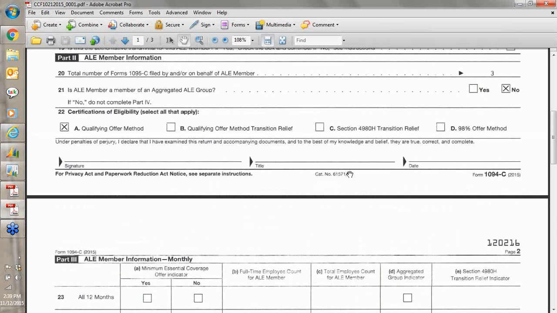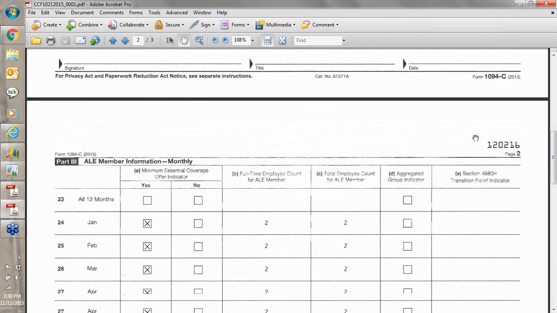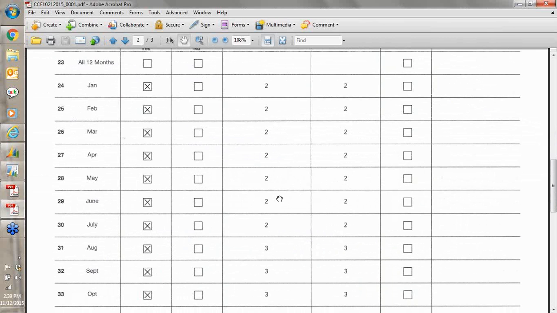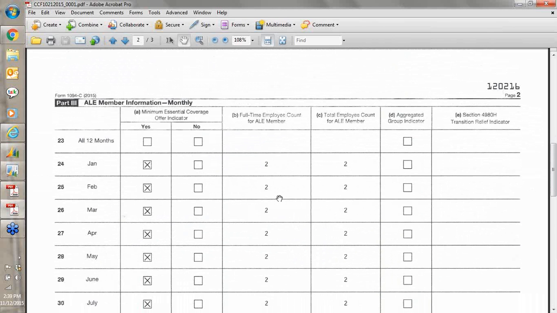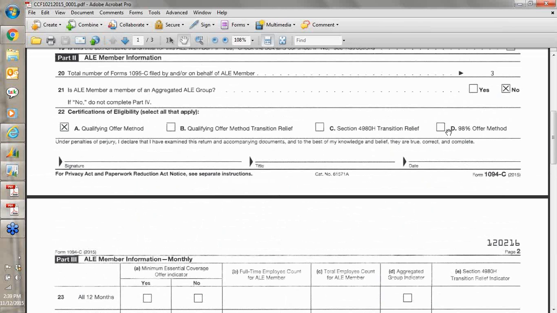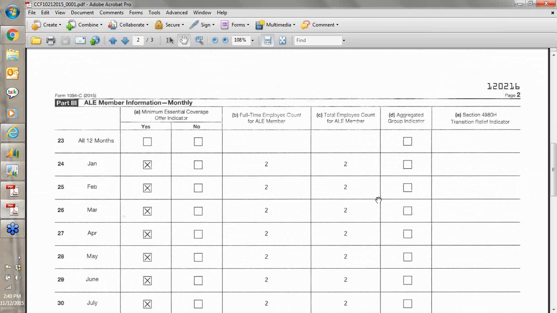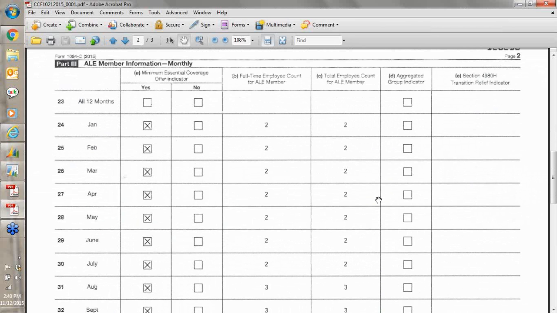One thing to note, if you have, I believe it's D marked for your certification of eligibility, you do not need to have column B populate, so that will not populate if you have D checked. Aggregated group indicator, if this is for an aggregated group, it will be marked for each of the months that it was part of that aggregated group. And then the section 4980H